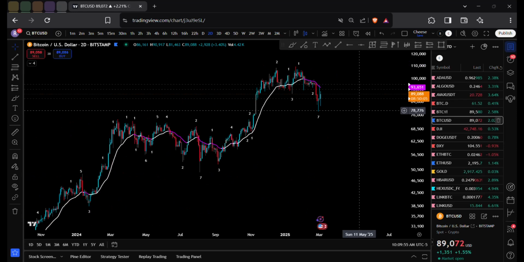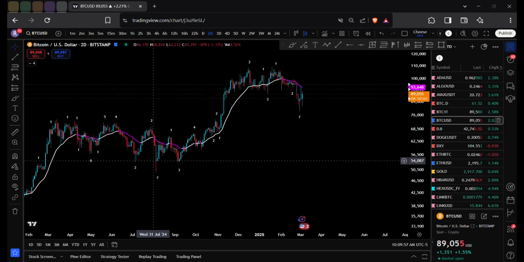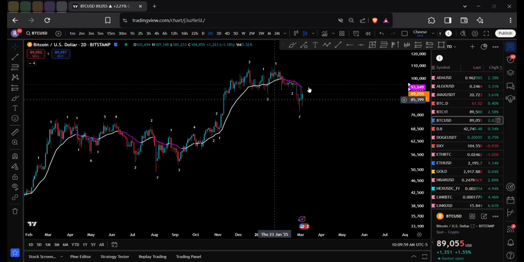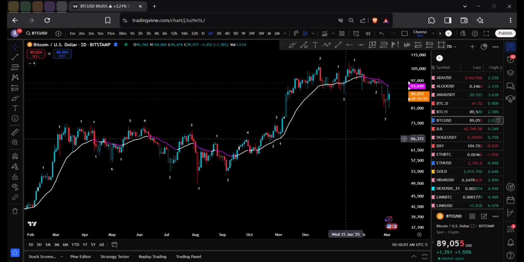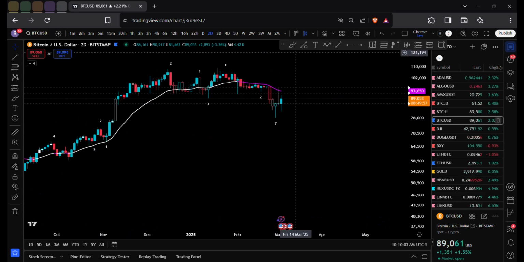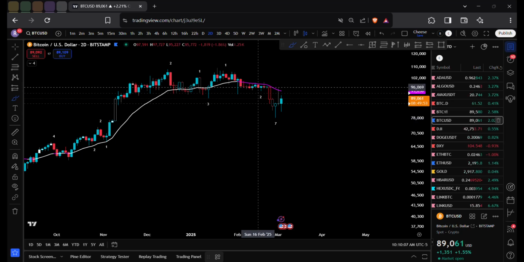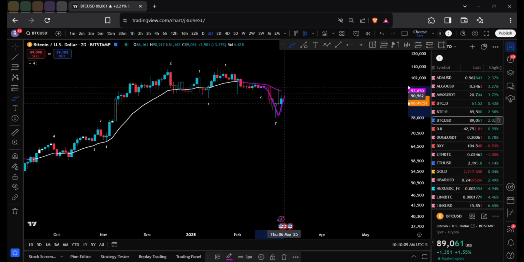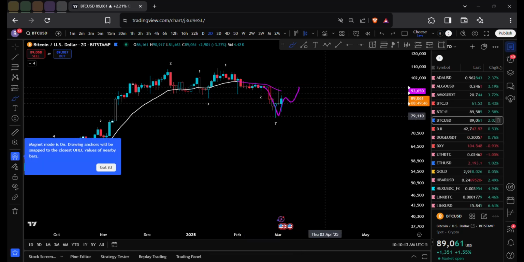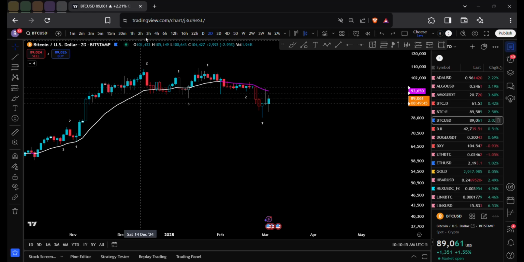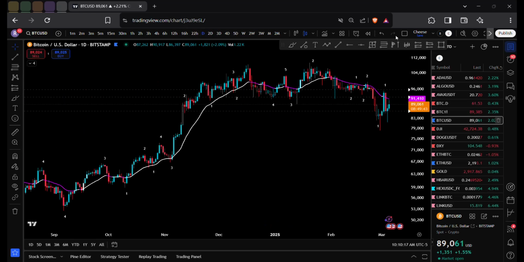Not for the most people. Most people don't care if we're going to go up, down, up, down. They want to know, is it a good time to buy and hold for another year or so? So here we go. This could be the start if we do start seeing some more bullishness on the daily, the 2-day, the 3-day. Leg down, leg up. I'd like to see a higher low and then a retest back, like I said, to the 95,000. That is Bitcoin in a nutshell.